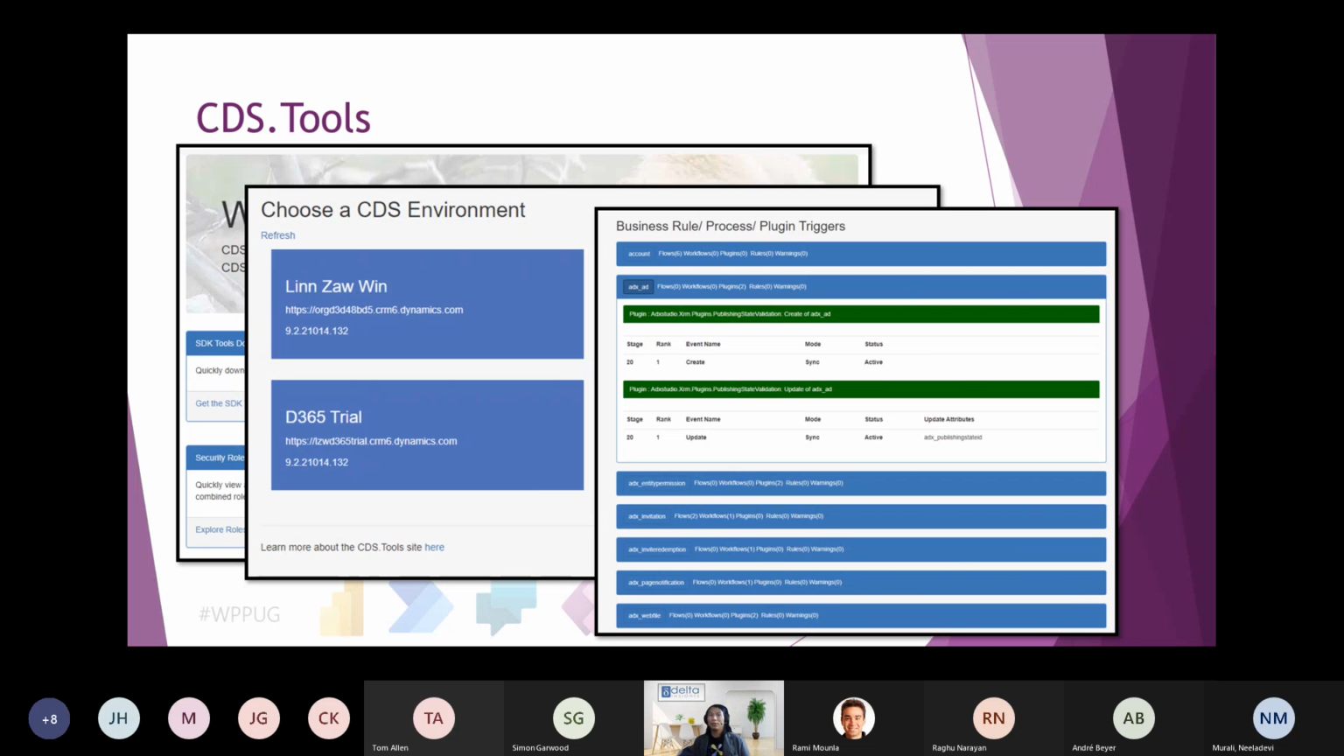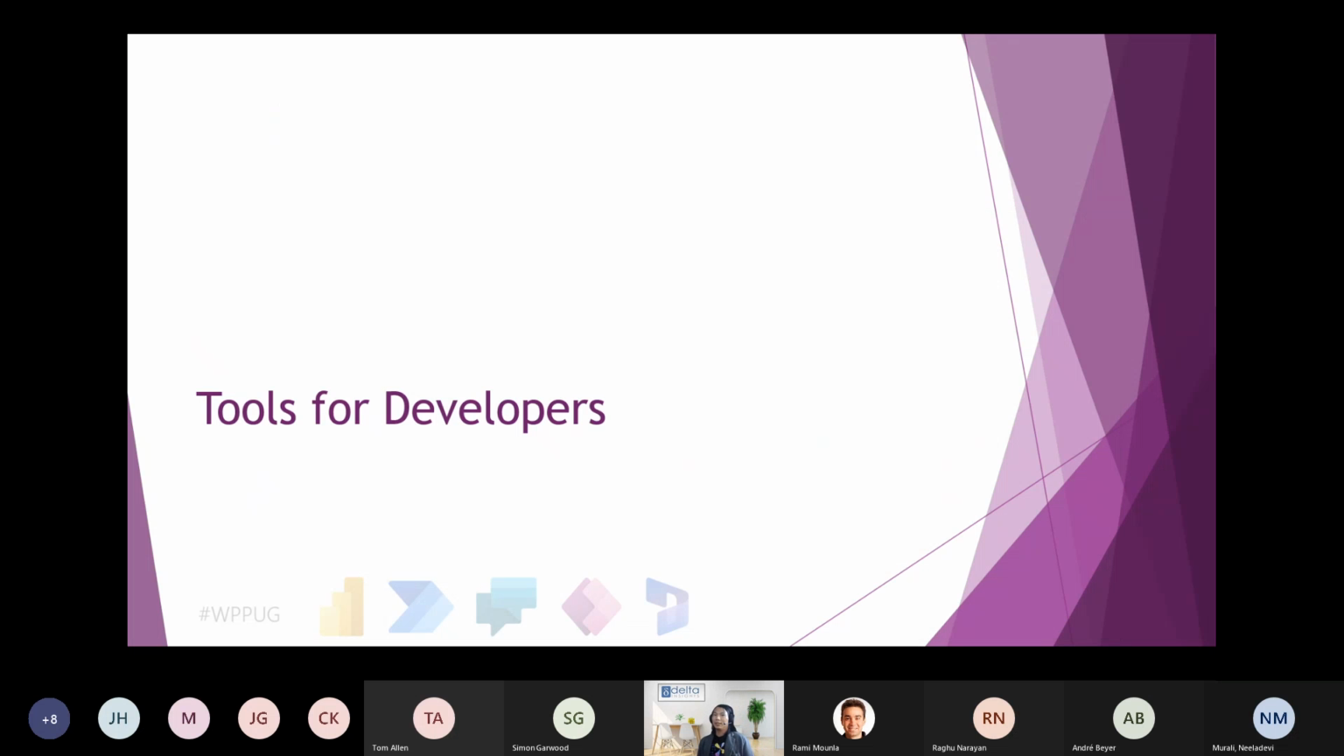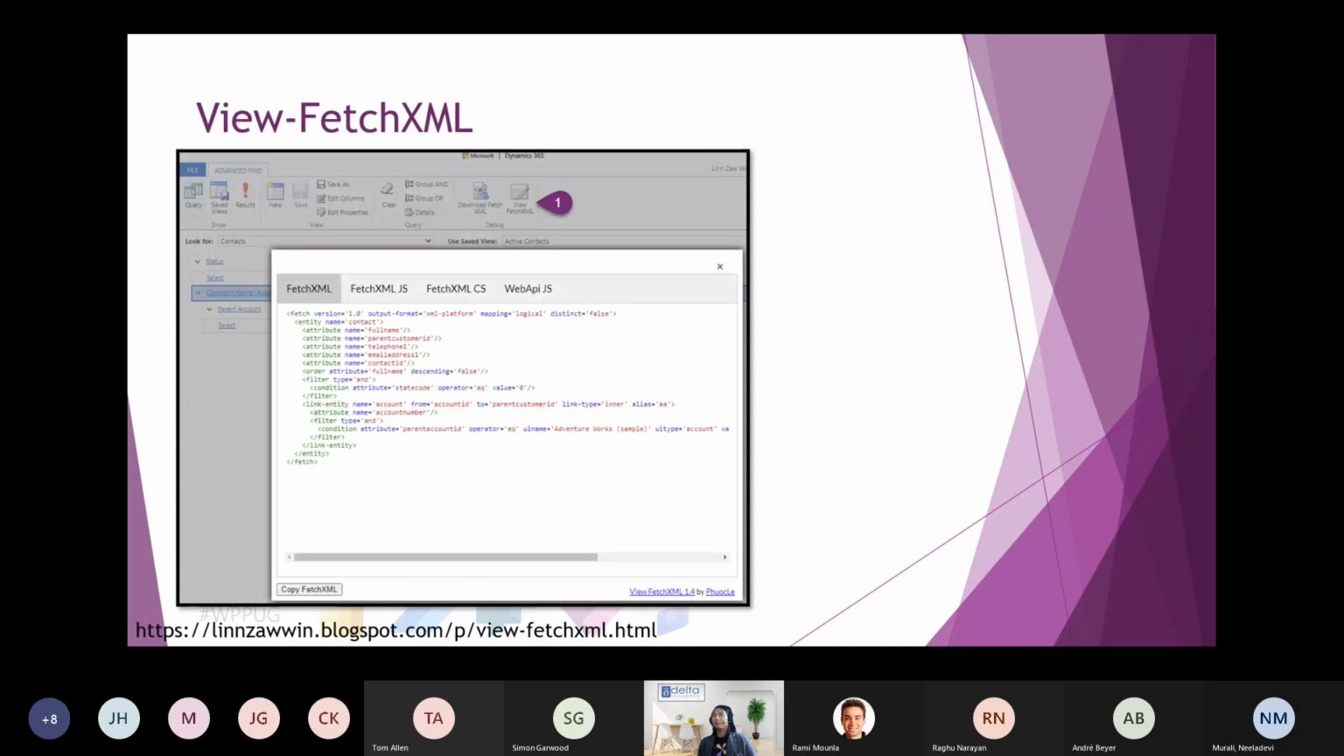So that's all for tools for system customizers. The next section is tools for developers, but even the first few ones, the first two of those, were still relevant to the customizers too. So this is also not the